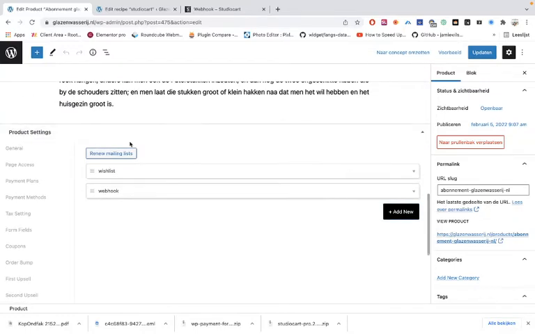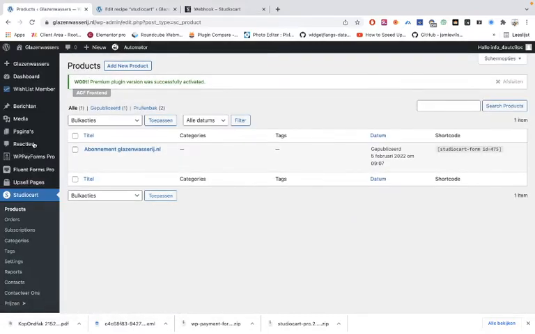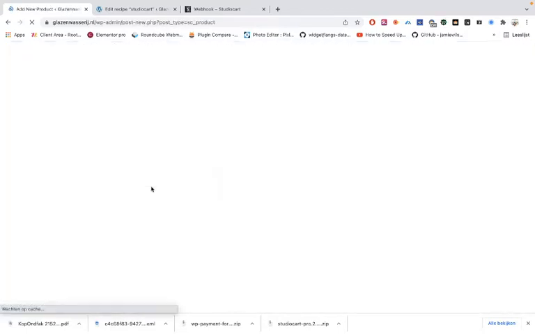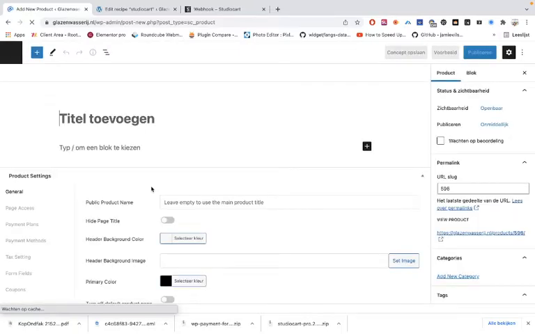And okay, so what you want to do, if you go into the products and you have made two products, so you go to Studiocart, because what I want to do is have a form with multiple choices. Do you want to use level 1? Do you want to use level 2, 3, or 4? So what you have to do is add a new product. And once we have done that, with this very slow internet,